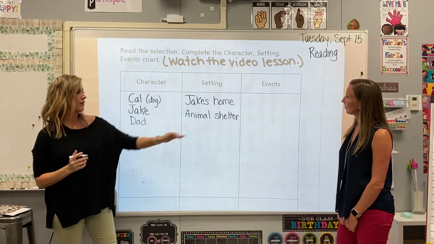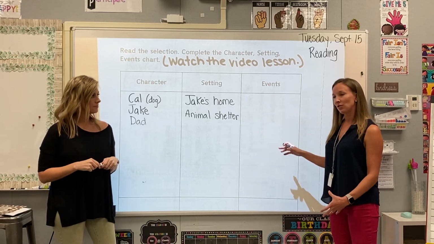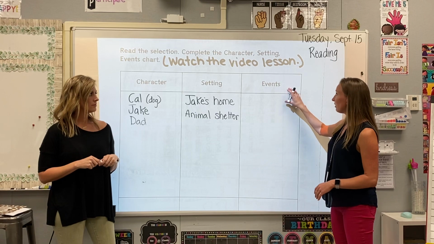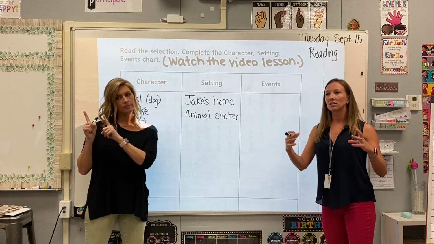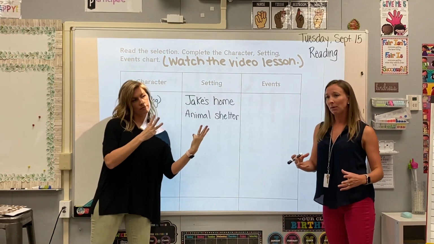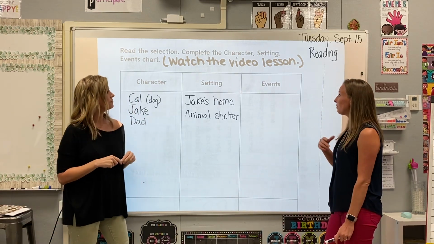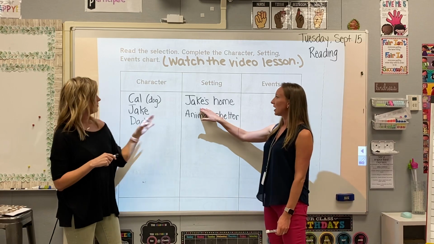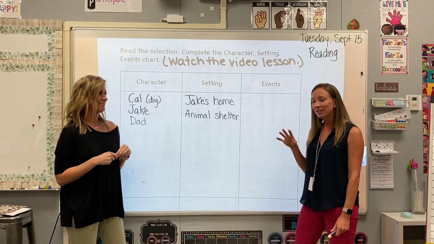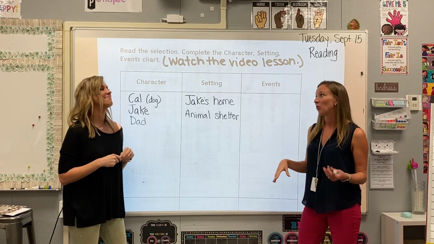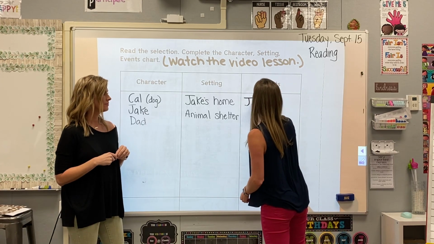How about you take that over since it's closer to you this time? So the events in the story, again, are all the things that happen in the story that tell us what's going on. And when I think of events, I really like to break it down into 3 main sections. So something that happens at the beginning, something that happens at the middle, which is usually a problem, and then something that happens at the end, which is usually the solution. So if I'm thinking about the beginning of the story, I remember that Jake, he's at home, like we mentioned, and he really wants a dog, and his dad has finally decided that it's time, that they can go pick out a dog. So I'm going to start my events with Jake